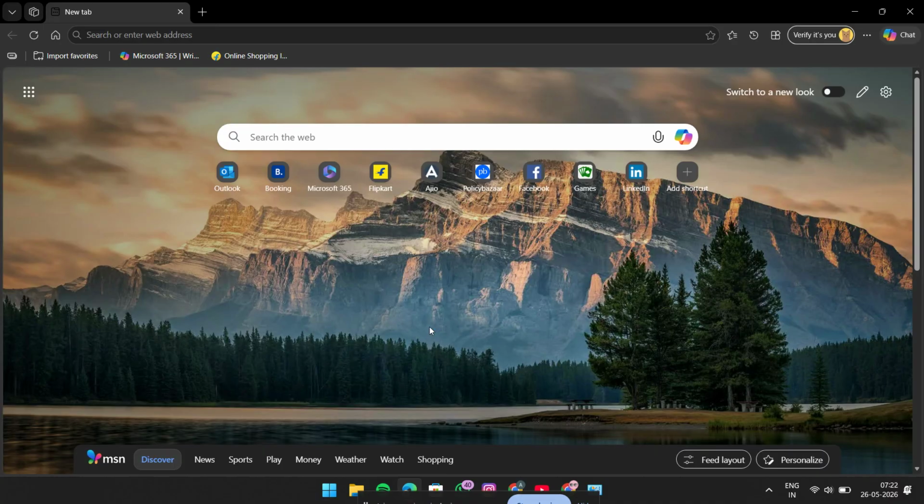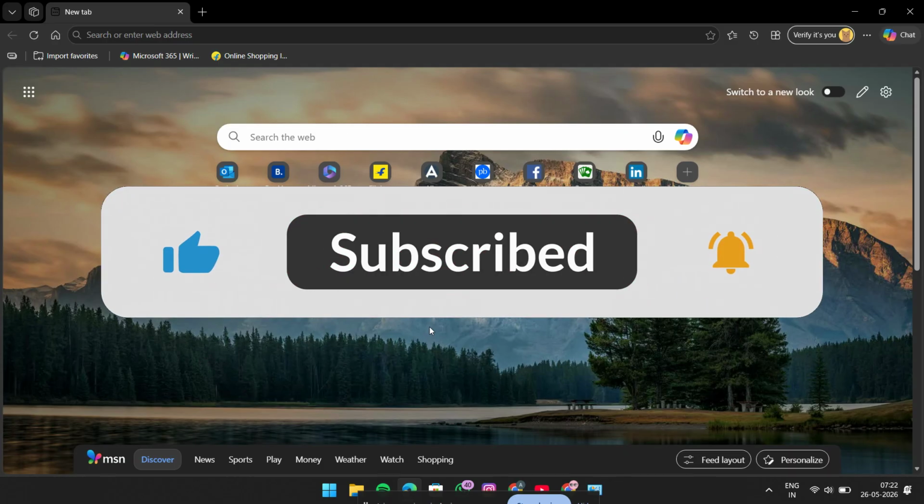So in this guide, we'll start with the easiest fix first, then move into a deeper reset style step if